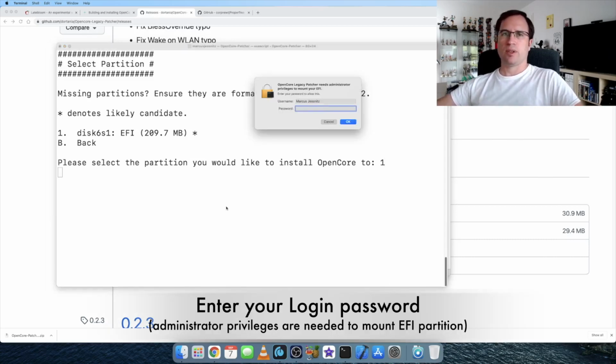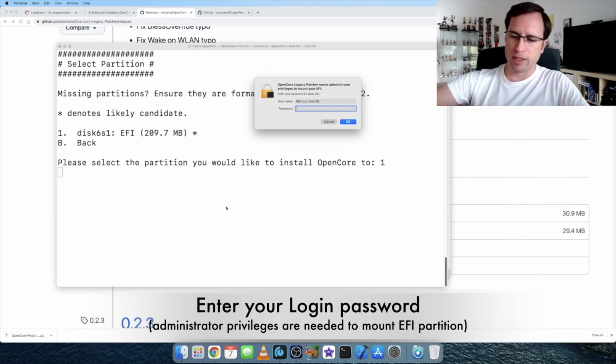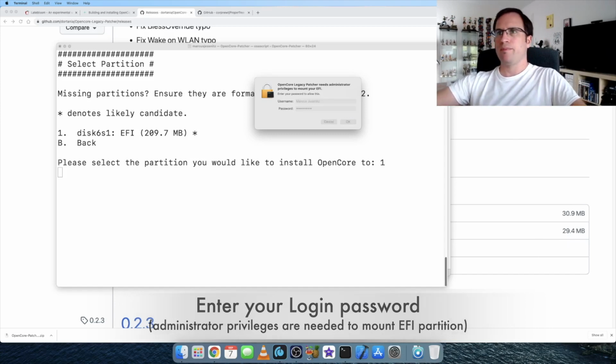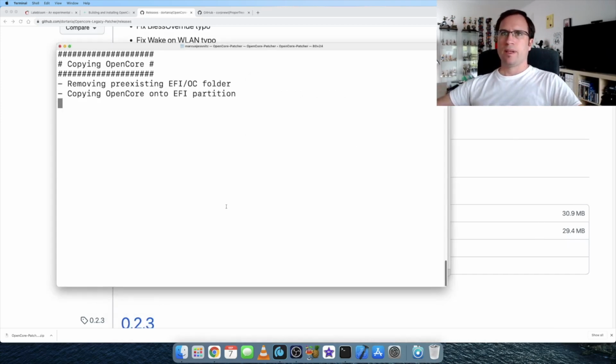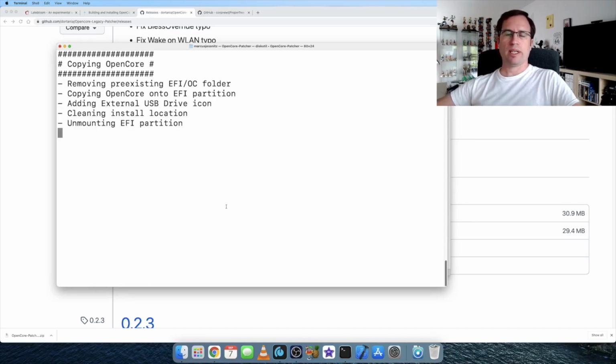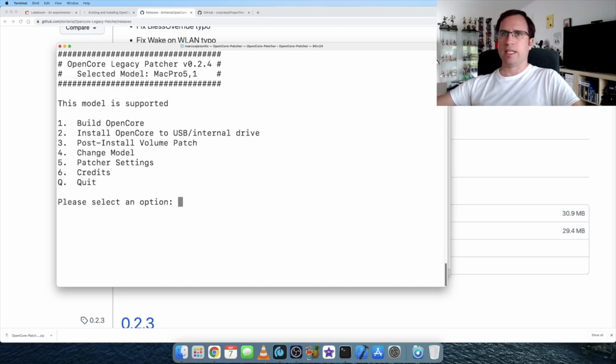And then because it needs administrator privileges, you have to enter your password. And then you see it's removing the pre-existing OpenCore folder and copying everything on the USB drive. All right, so just hit enter and then you're done.